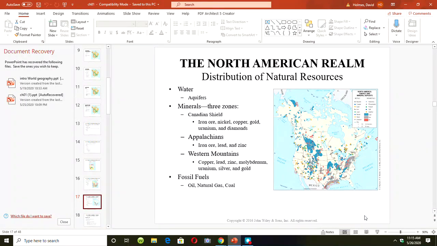All righty, so here's a good trivia question. Of the fossil fuels, of the energy in the North American realm, what is the most predominant energy form of fossil fuels we have? Well, look at your map. It is coal, obviously. Coal is king, or was, and awful as it is, we have so much of it, and that's kind of a shame that we do. But we're up to the gills in coal. Of course, oil and gas are in there, and with fracking,